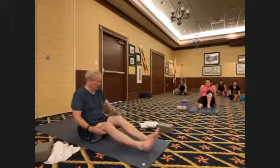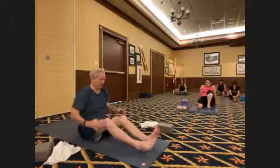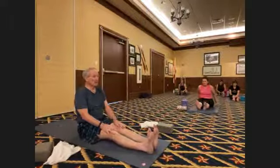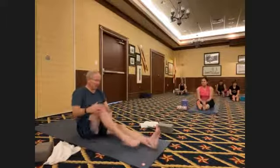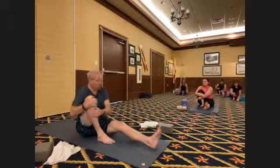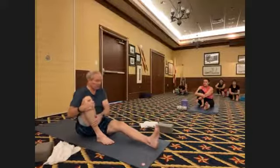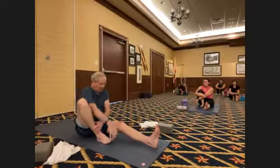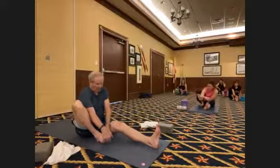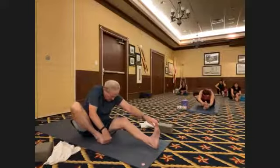From here, I'm going to go into a Marichi series. So push both heels away, legs out straight, and then bend your right knee, bring your right heel up towards your right sit bone. From here, you're going to forward fold, just like you did before, and try to get your shoulder in front of your right shin. You can grab onto your right foot with your right hand, inhale tall, and exhale, forward